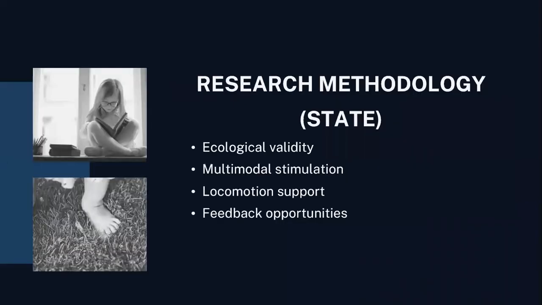Gibson's theory followed foundational developmental psychology approaches, but was different in one way. She tried to maintain validity in the ecological realm by making her experimental settings as close to the natural environment of children as possible. They did this through 3 avenues. 1. Multimodal stimulation. An example of this is faces that move and make sound and objects that can be touched. 2. Locomotion support. An example of this is solid or non-solid surfaces. And 3. Feedback opportunities to compare and contrast the future outcomes.